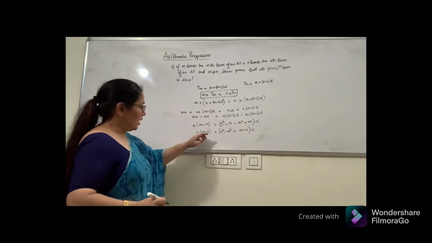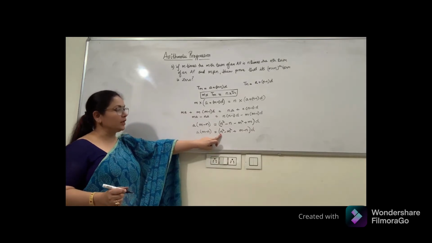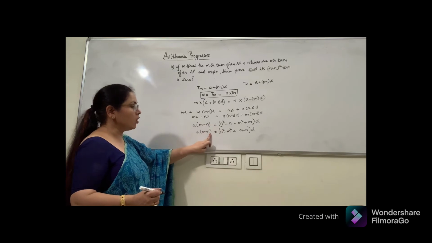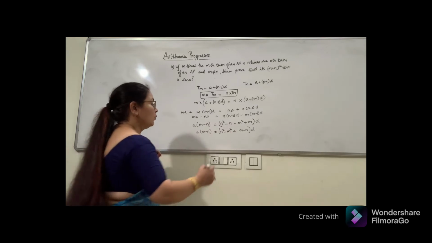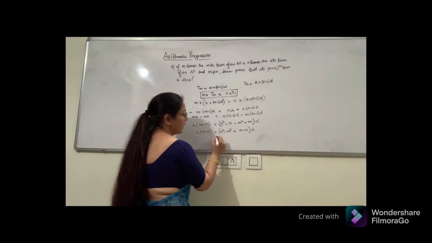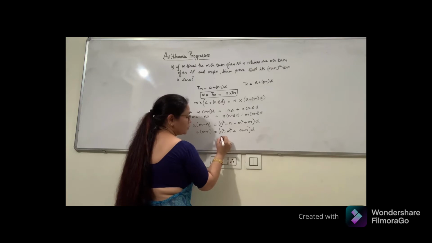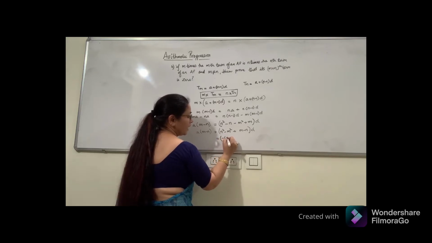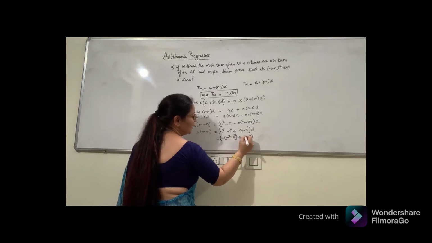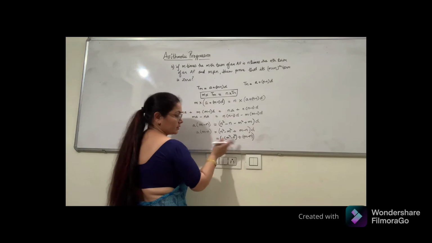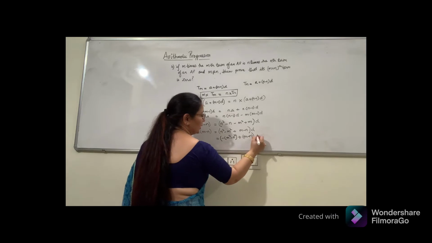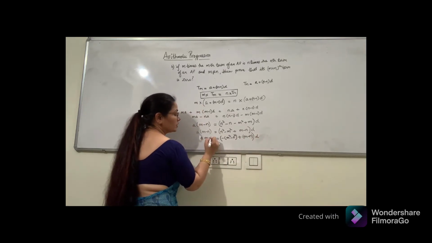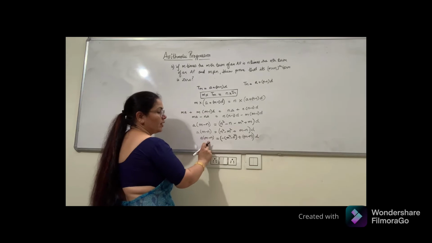Now we have to take common what? (m minus n) common from both sides. But here n square minus m square is there. So we'll take the negative sign common and we'll change this. I'll put it here: minus (m square minus n square). Can I do this? Yes, because when we take the minus sign common, the terms get reversed. m can be written first and then n. So D and (m minus n), because we have to cancel this (m minus n).